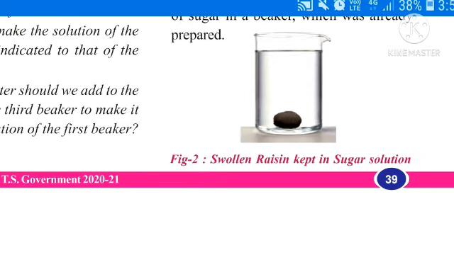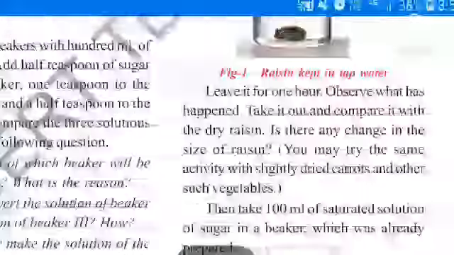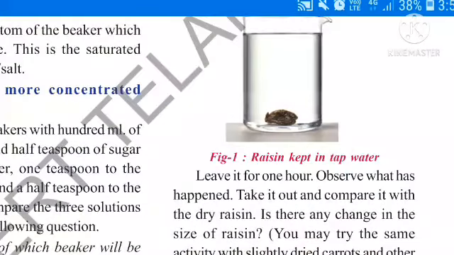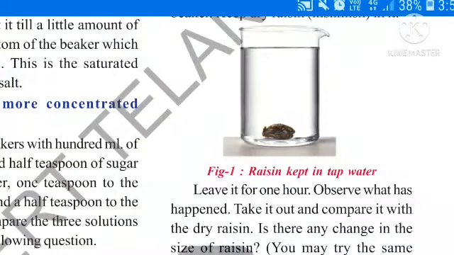Shrinks, what is the meaning of shrinking? Do you know shrinking? Shrinking means contracted state. Okay, here the fresh grape size decreases or is reduced. Okay, this is about the next activity. Next one.